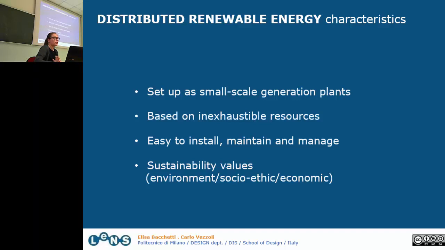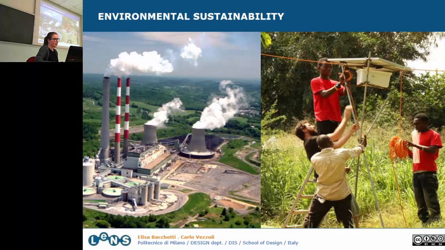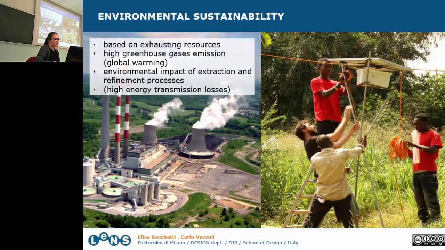intrinsic values. And to see them more in detail, we will make a comparison between the big plants that we have and that are non-renewable and centralized. And we'll see the difference if we go for renewable and decentralized, distributed. So in the first case, they are based on exhausting resources, so they are going to finish these resources, or otherwise we are going to destroy the environment to keep them. Then they have a lot of emissions, they have a lot of impact outside, and also they are not so efficient. So as I told you, they have transmission losses, so they are going to produce energy but less and